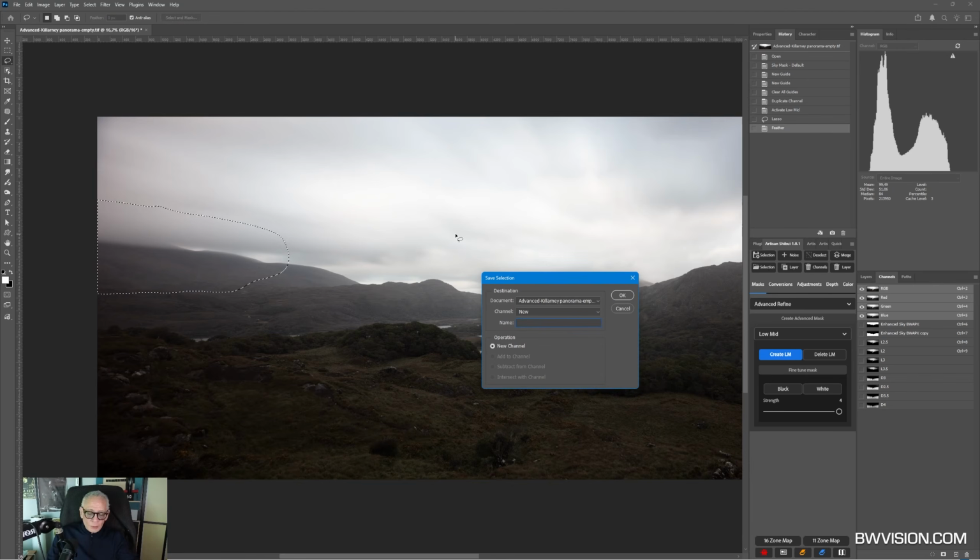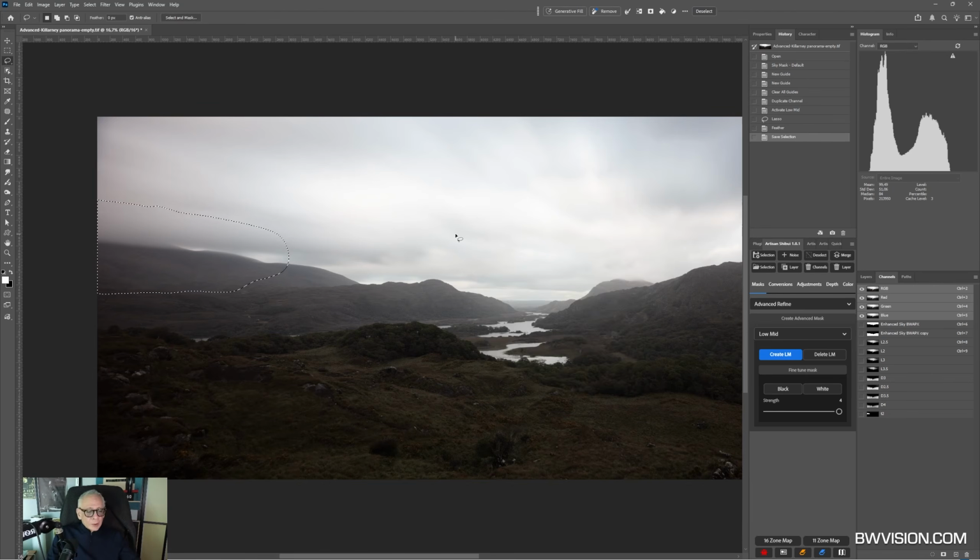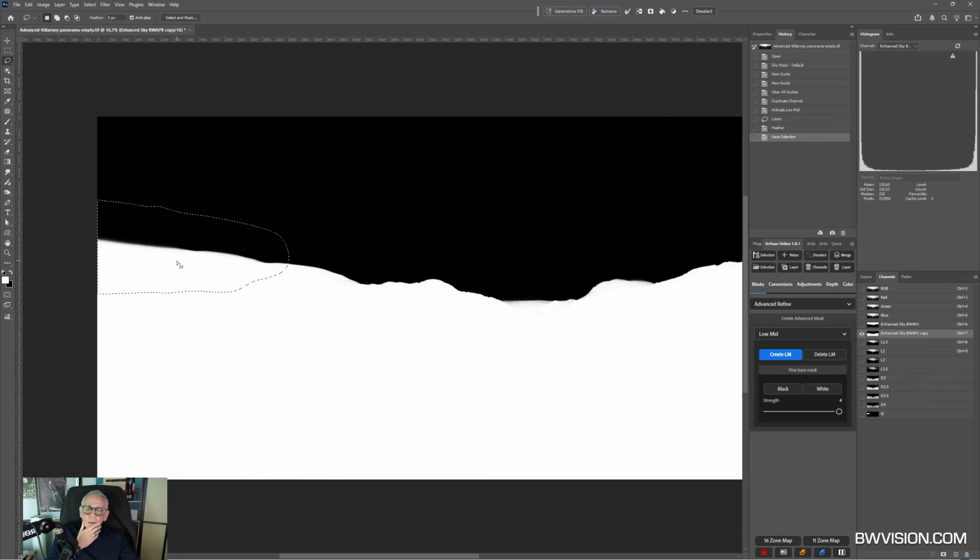Select Save Selection, call it T2, whatever you want to call it. What I want to do is to make it black first and then add some white. So let me try number 3. That's not good enough. Don't see much of a change. So let me go with 4. That's better,